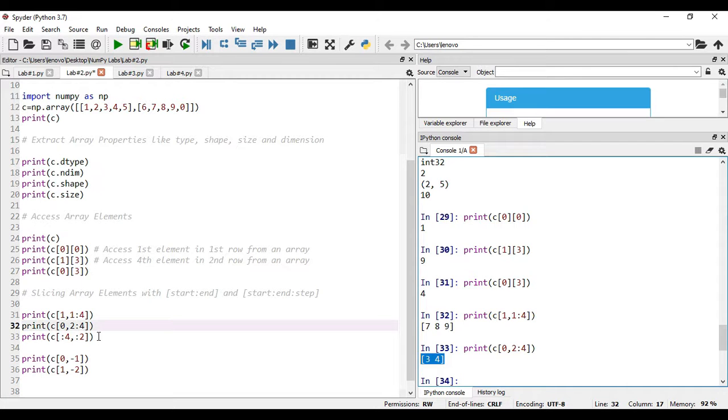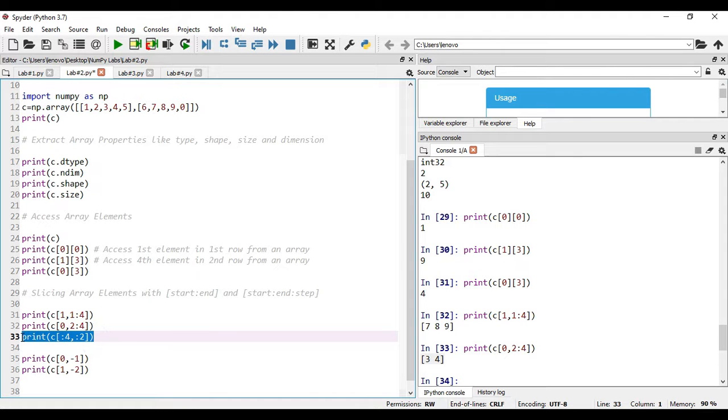Simultaneously, I have used one more access method. Colon 4 means in the 0th dimension starting from the 0th element and up to the 4th index elements, means up to the 3rd index elements, before the 4th index element, means 0 to 3, means elements present in the 0th index to 3rd index, as well as here the elements that are available between 0th index and 1st index, right?